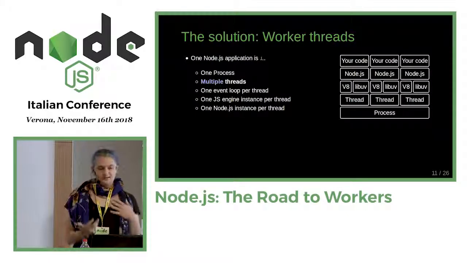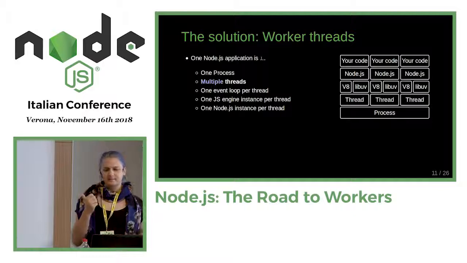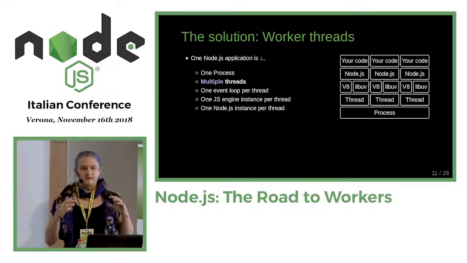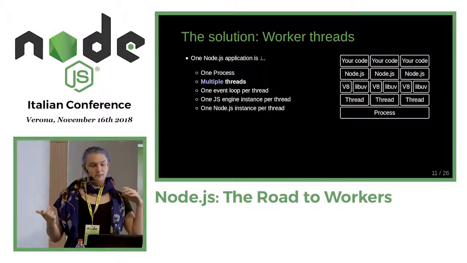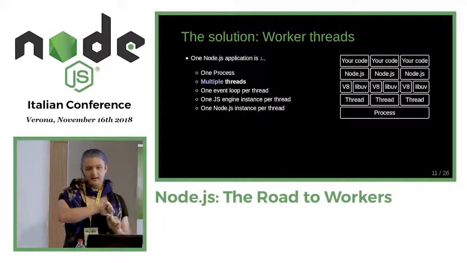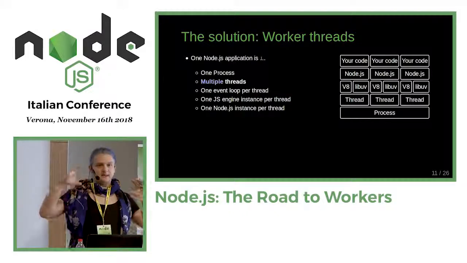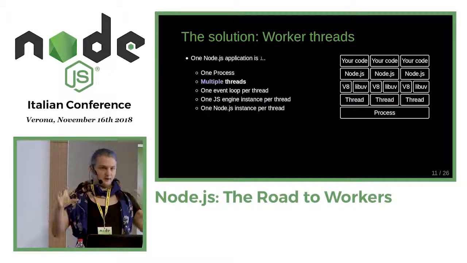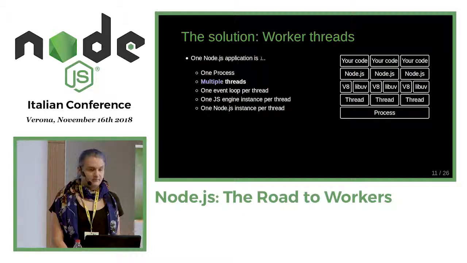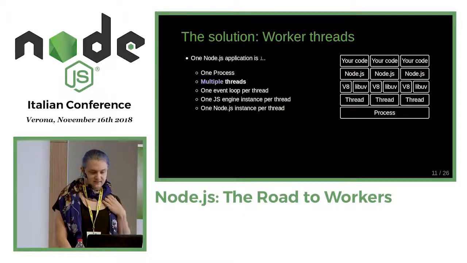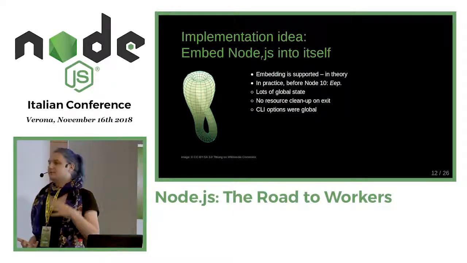So one other solution that we have is worker threads. And these are new in Node. Instead of having one thread per process, you actually have multiple threads. And on top of that, you have, again, one JS engine instance, one event loop, one Node.js instance. For the most part, it's basically taking Node and making multiple copies of it inside the same process. They are mostly independent, and that also gives some nice properties of this model. And so the idea of how you can do that is,